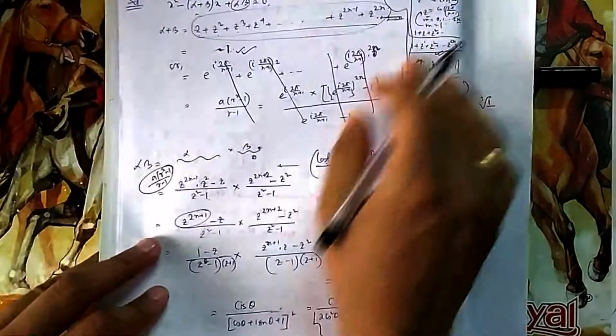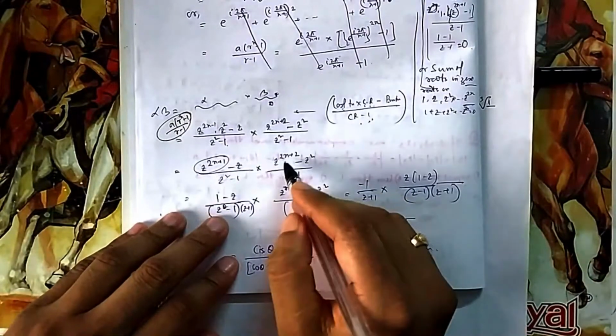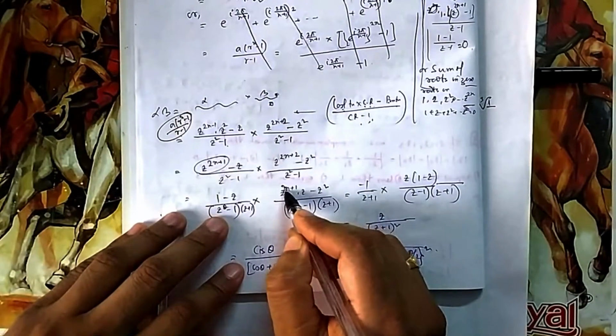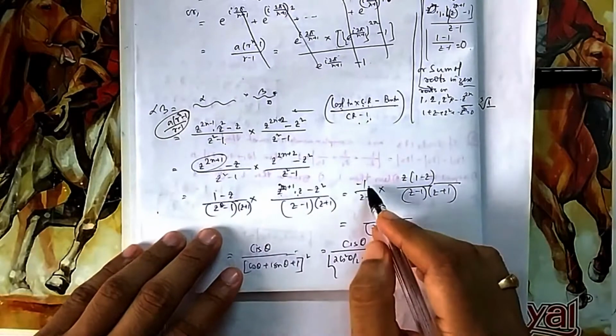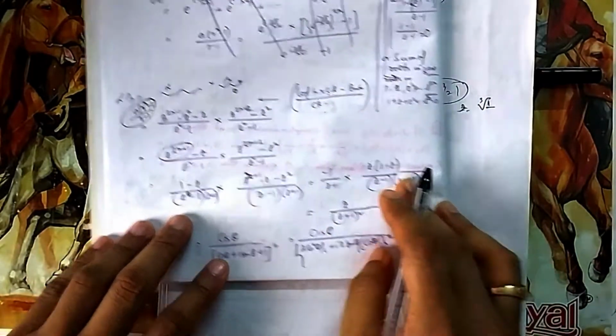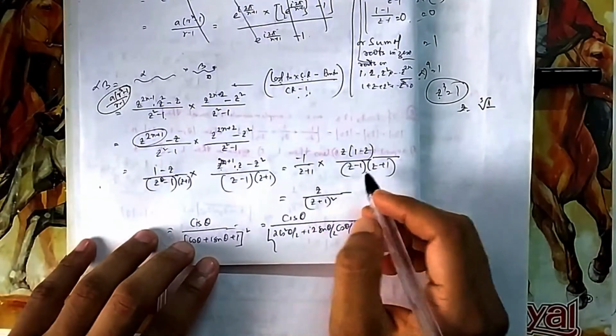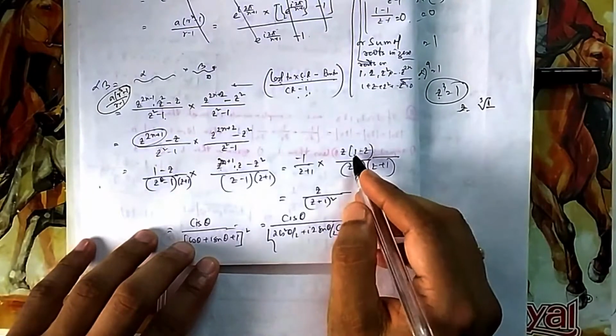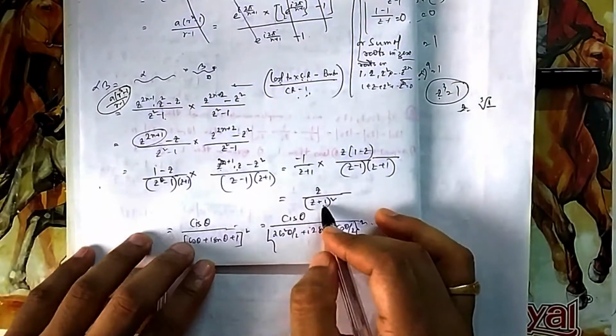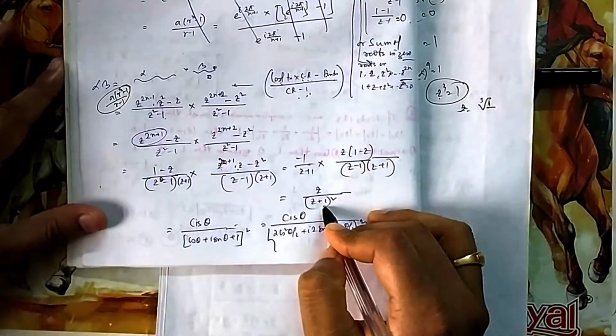Similarly here, Z to the power 2n plus 1 will give you 1. Here also you will get 1 from Z to the power 2n plus 1, with another extra Z. So this will also give you 1. So ultimately you will be left with this. Now I think you can cancel it out, something 1 minus Z, so you will get Z by Z plus 1 whole square.